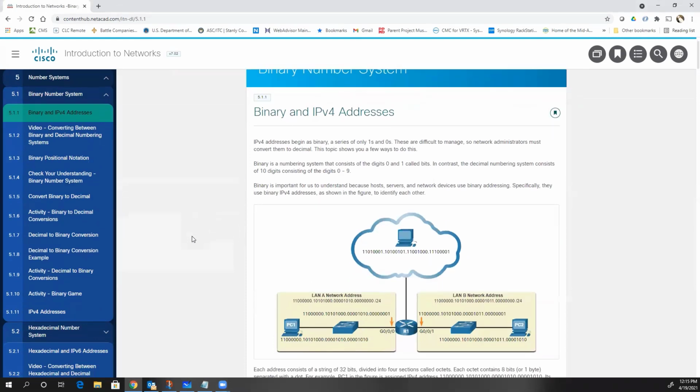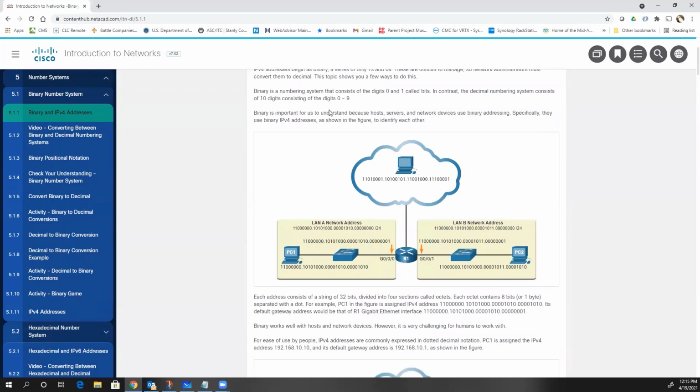Now, binary and IPv4 addresses. IPv4 addresses we've talked just a little bit about, but not much. We talked about the fact that binary is a base 2 numbering system, and that IPv4 addresses, or IP addresses, are addresses kind of like a phone number. Those addresses typically consist of a number. So let's say it may be